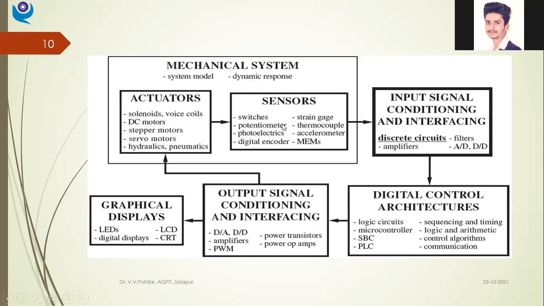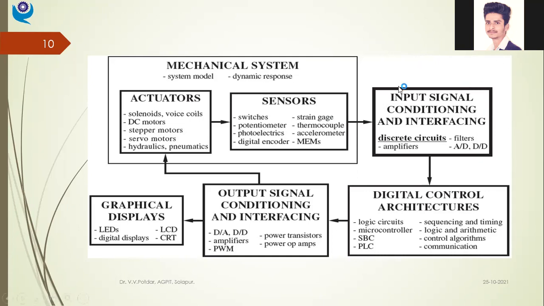And whatever signal is generated, let us say I have used a force sensor in the form of a strain gauge. It will be giving me some voltage output, some millivolt output. Now that millivolt output, which is analog in nature, my controller will not be able to receive that signal, will not be able to process that signal, if my controller is a digital controller. So it will not recognize an analog signal given by the strain gauge force sensor. So what I need to do is amplify that signal, convert that analog signal into an appropriate digital signal form, and then feed it to my controller, isn't it?